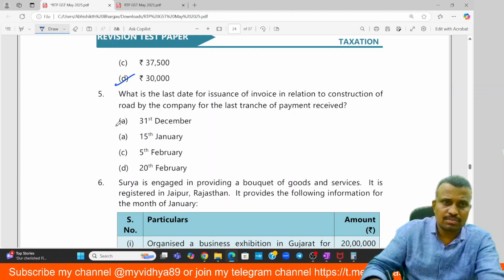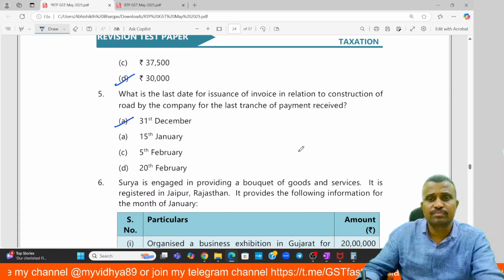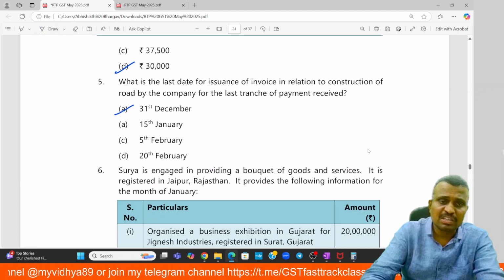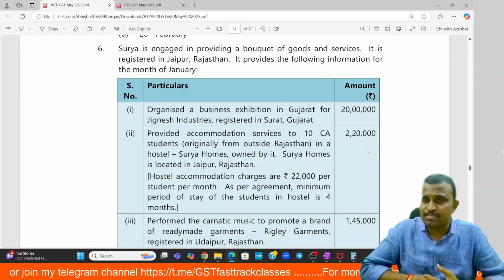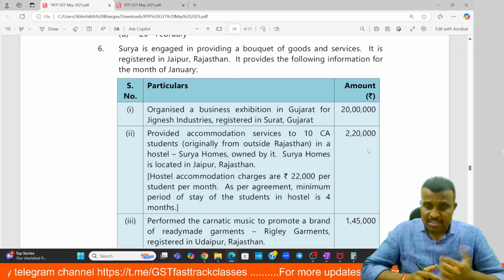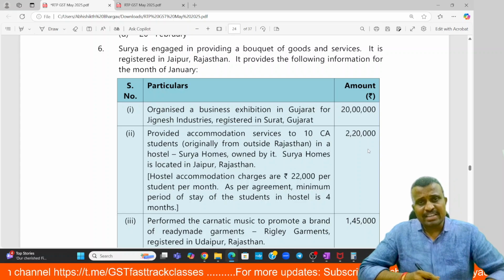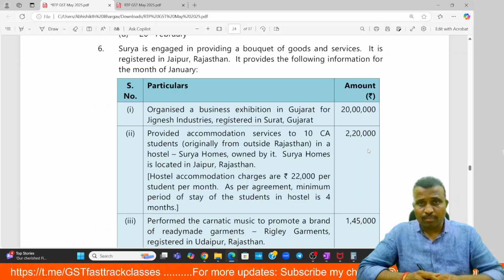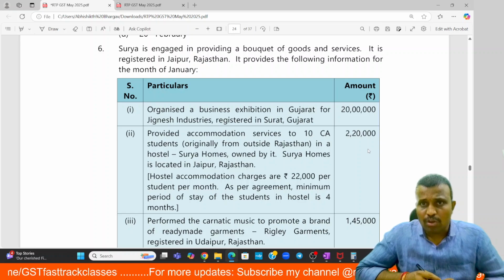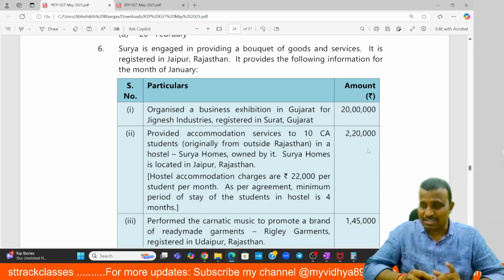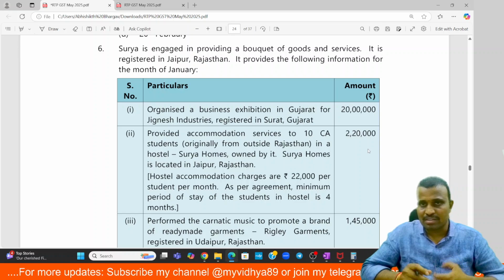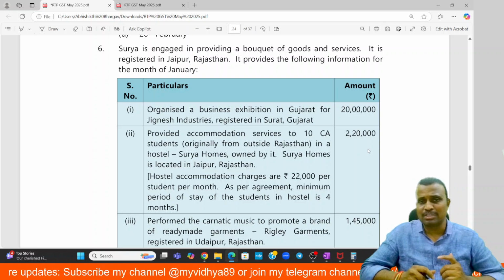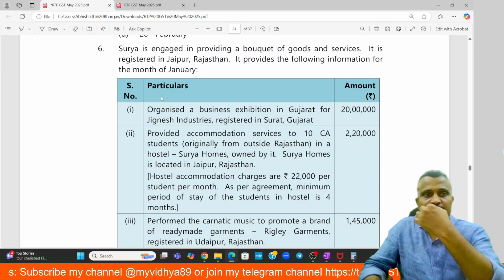So the answer is 31st December. Okay. Then coming to the next one, Surya. That is relating to the case-based scenario. Okay. Next, coming to the sixth one. Surya is engaged in providing a boutique of banquet of goods and services. It is registered in Jaipur, Rajasthan. It provides the following information in the month of January. Okay. So the first one is